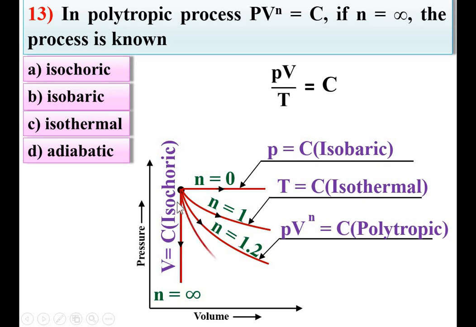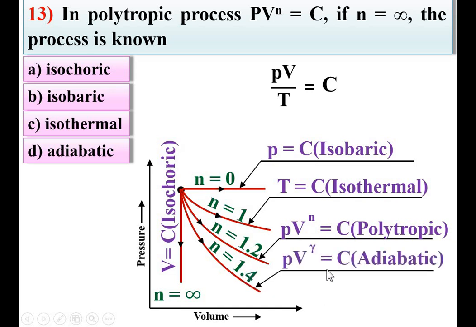Further, I consider one more process. Once again, I am going to increase the value of n. If it is 1.4, that means it is the gamma for the air, and so this process is known as the adiabatic process. So look at over here. If you are going to increase the value of n from 0 to infinite, then there are several processes, and all these processes are called, in general, polytropic process. So if I want to draw in between over here one more process, then it is also called the polytropic process, where n is greater than 1.4 and less than infinite.